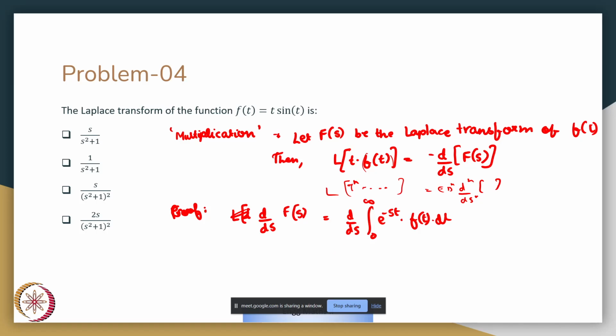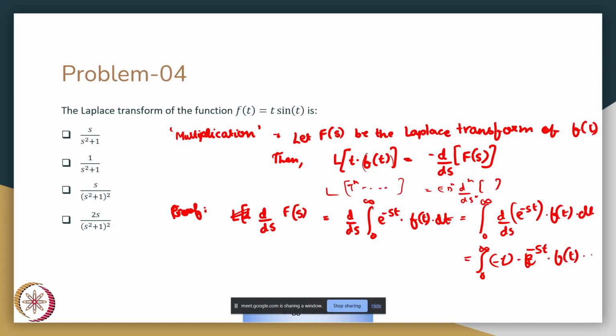Now you can note that this integration is over time t. So the derivative d by ds can be moved inside. So we essentially have integral 0 to infinity d by ds of e raised to minus st f of t dt, and this derivative is nothing but integral 0 to infinity minus t f of t, e raised to minus st dt, which essentially gives us the Laplace transform of t times f of t to be equal to minus d by ds of